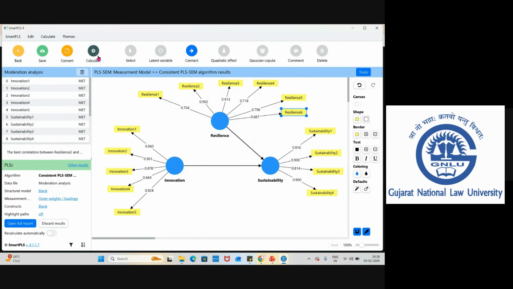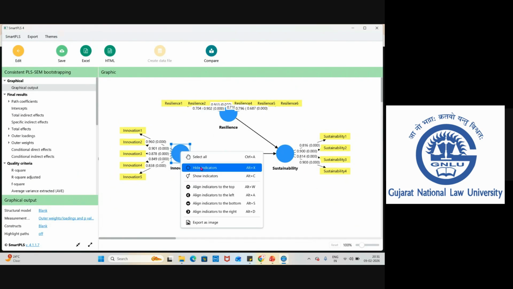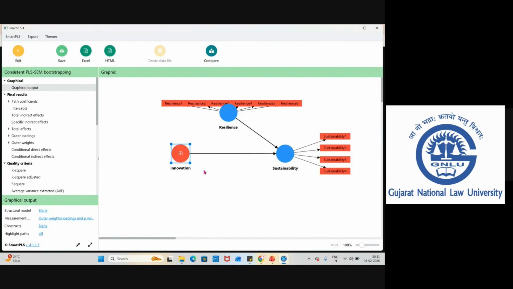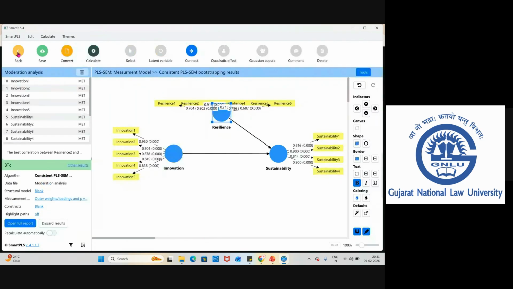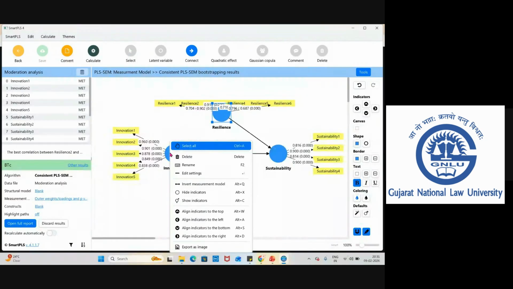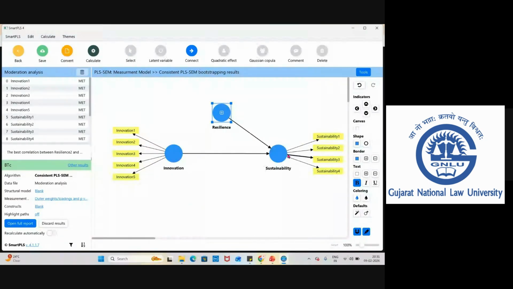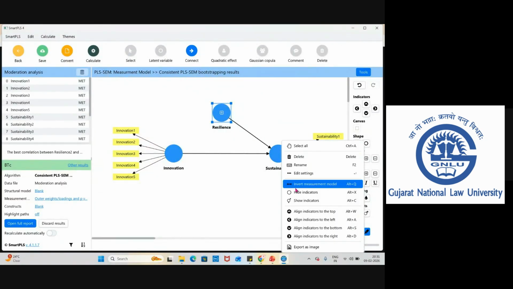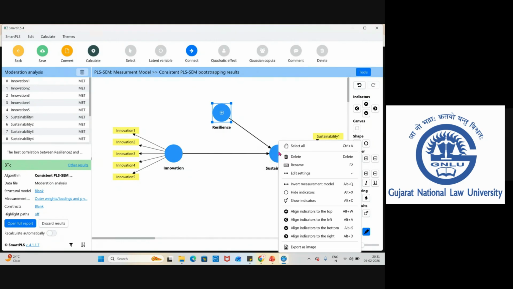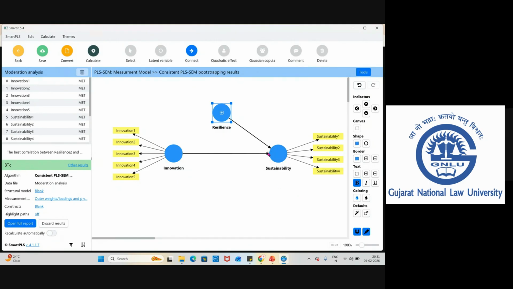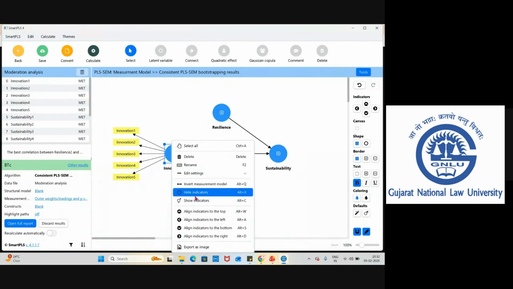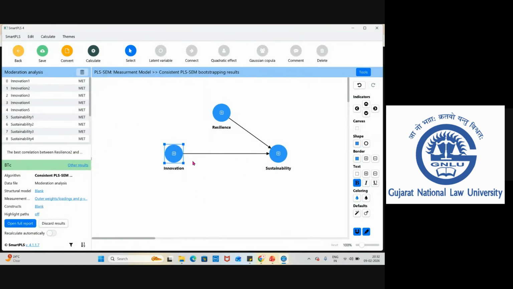In order to do that, I'm just going to select the construct and hide the indicators. We learned this three times in previous classes.